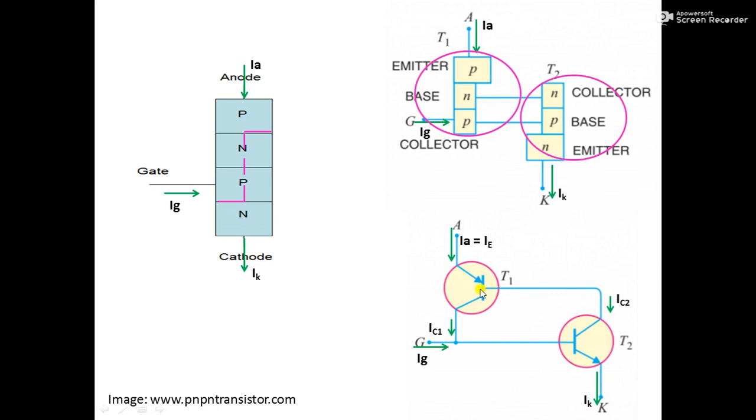This is the base terminal. So this will give you base current of transistor T1, which is represented as IB1. Since IB1 and IC2 are flowing in the same direction, these two values are same. So we have IB1 is equal to IC2. What remains here is base current of second transistor, which is IB2, and it is in this direction.